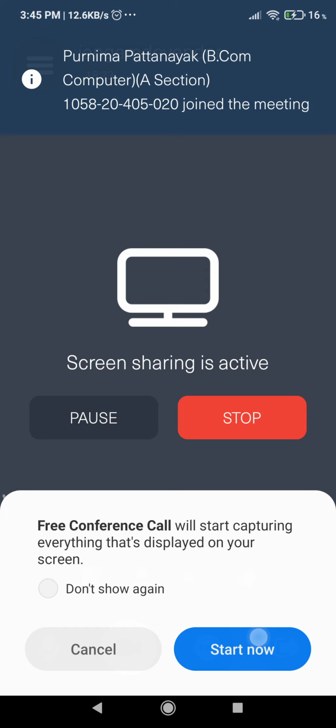ER means entity relationship data model. When I'm saying entity, entity is nothing but an object.